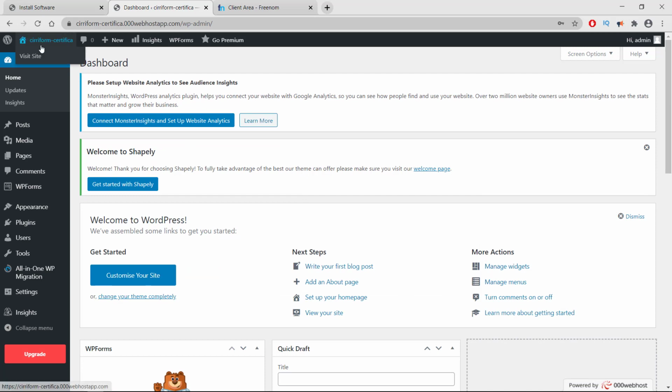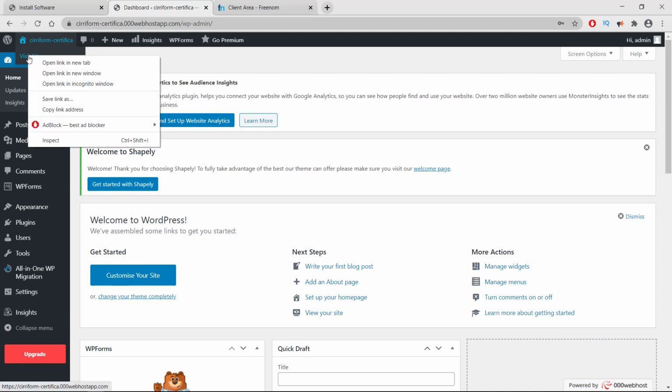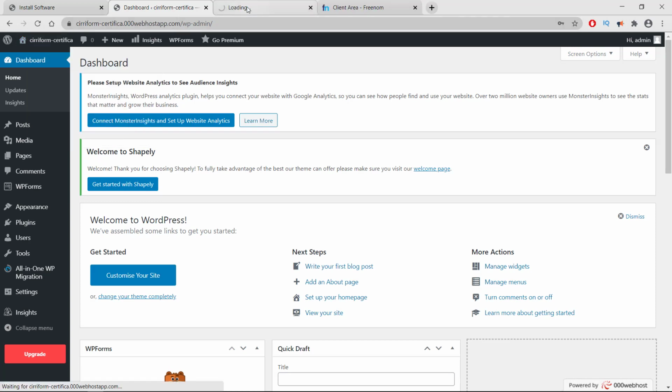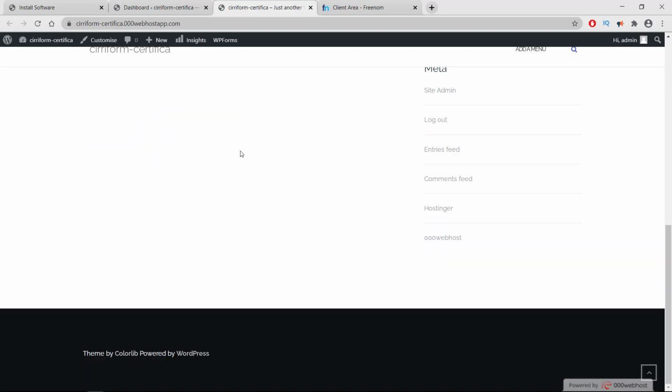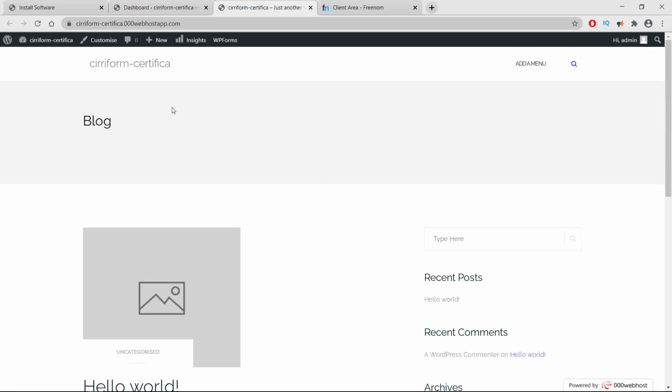What I'm doing is I'm just going to check my website. I'm clicking on a new tab, and here's the default theme that my website has, and I'm going to change this theme. But before going ahead, if you check this URL, it is very long, and by default they set up these things for me.